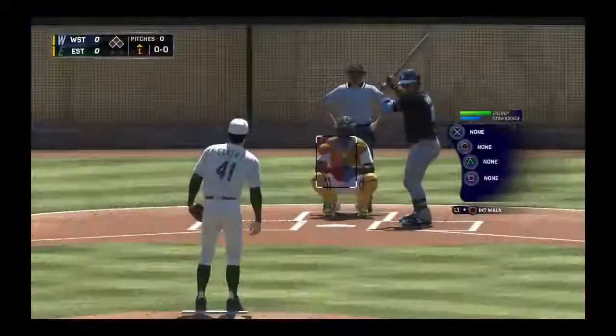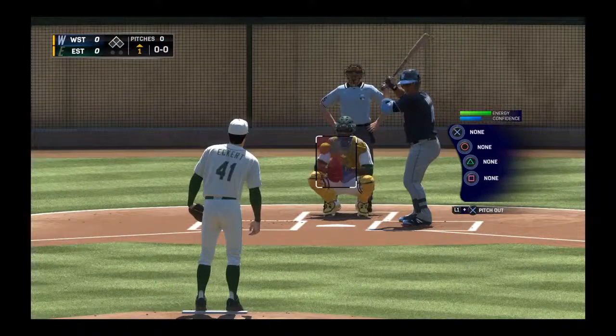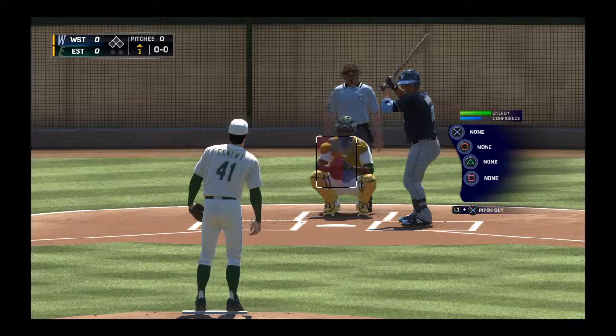stepping in, Juan Barrios, and we are ready for some daytime baseball. Right fielder, Juan